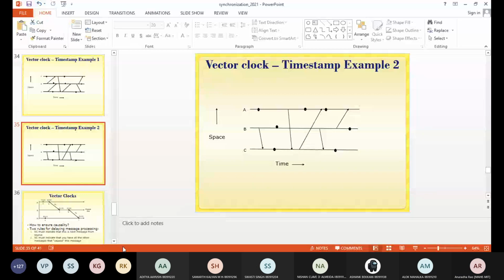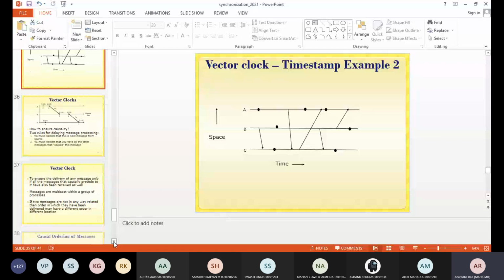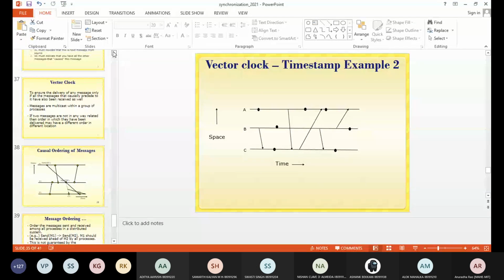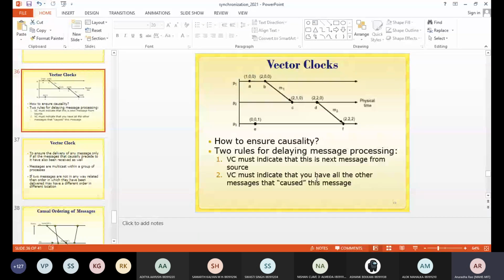Okay. So under this vector clock, we have to see how we are going ahead with the ordering of messages. If we have such kind of scenario, how do we ensure that the causality relation is achieved?